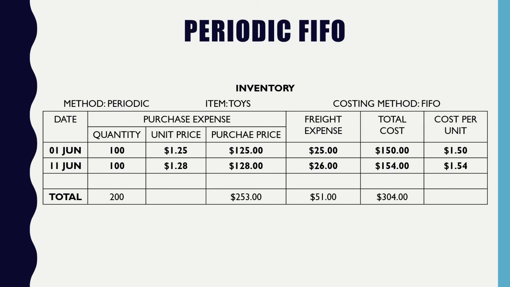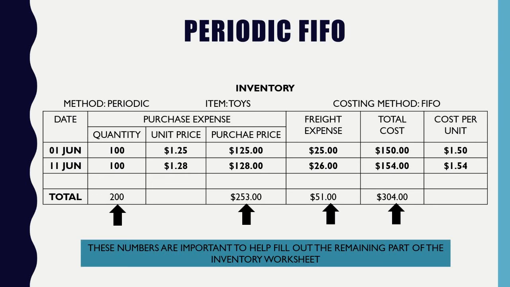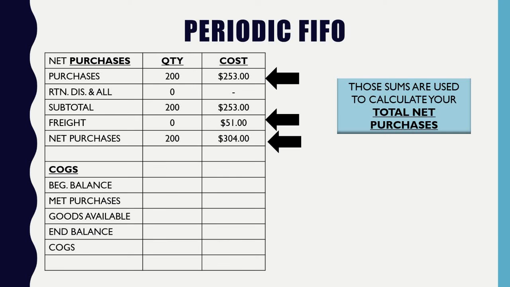Which gave me a total purchase price of $253. I added up all my freight to give me a total of $51 worth of freight, giving me a total cost of $304. Okay? And these four numbers are very important because these are the numbers we're going to use to transfer into the bottom half of our inventory worksheet. Okay? So when I plug them in right here, under our net purchases, starting for the very first one, right, how many units of